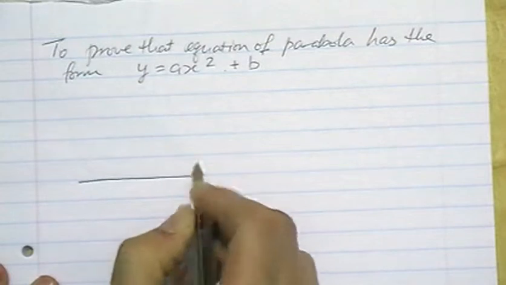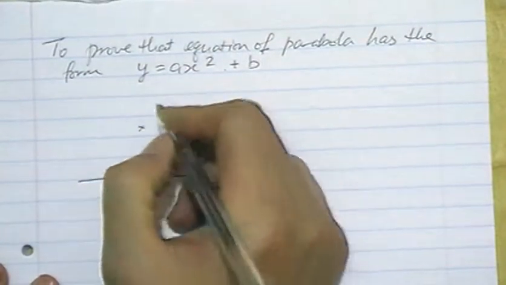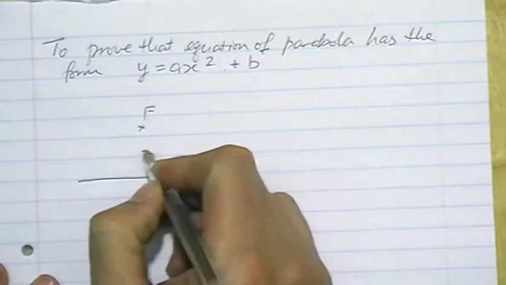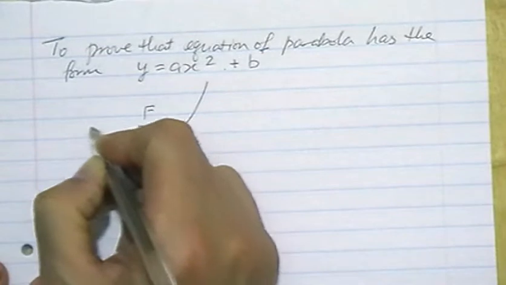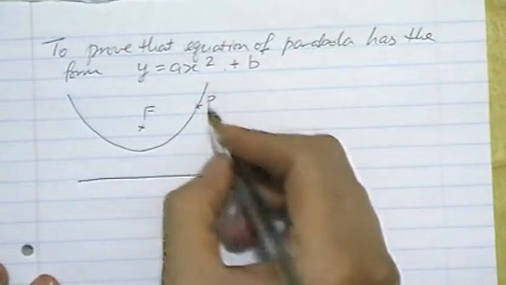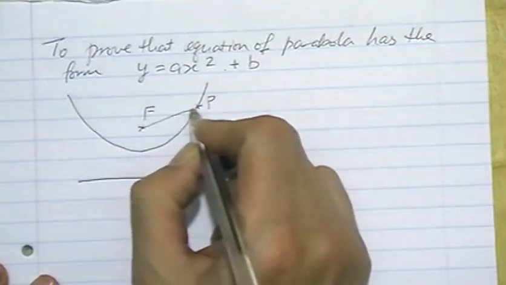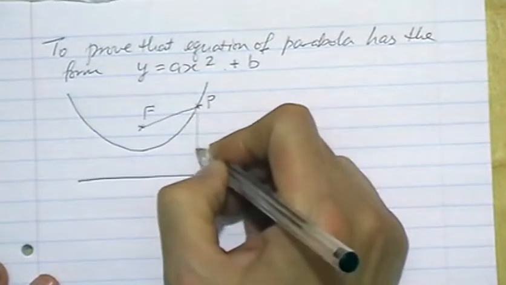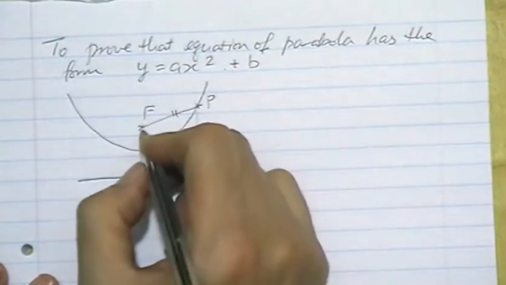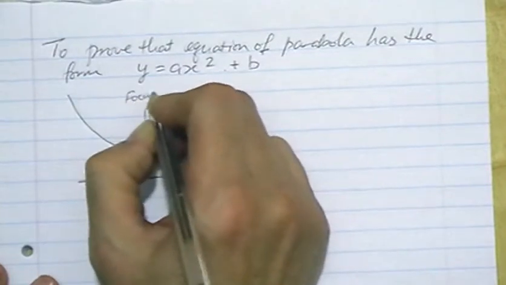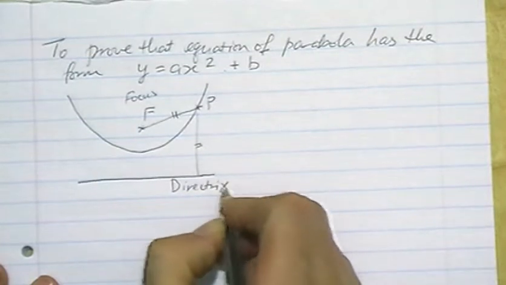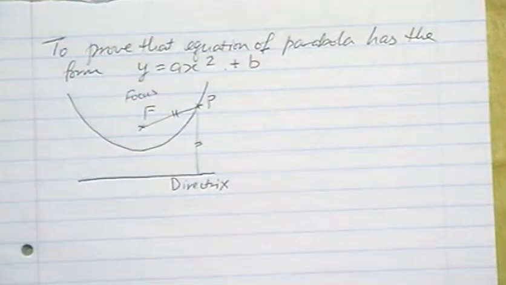If there is a line and a fixed point, which I call F, the parabola is a curve such that any point on the curve has the same distance from the fixed point and from the straight line. So this fixed point is called a focus and the straight line is called a directrix. So using this definition,